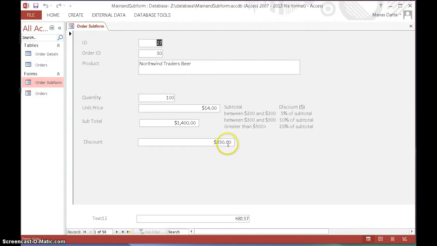So 350 discount. Why is that? Because the subtotal of 500 is 25% of this amount, $100. 0% because it's less than 200. $300, so it's offering a 10% discount. It's $30. 10% of 300 is 30. So you can